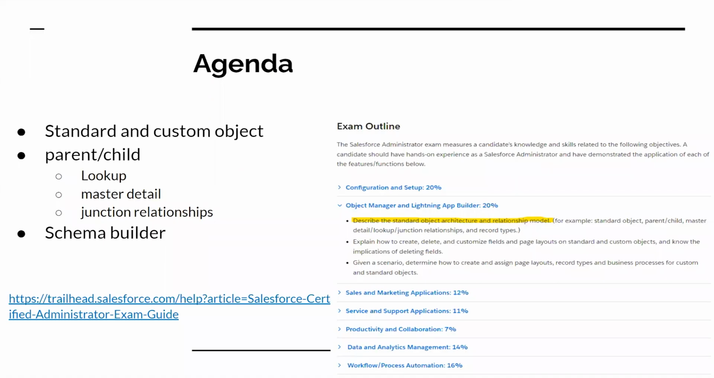So the agenda. Admin is obviously quite a large topic, and there are a lot of things going on. I've got the exam outline here from Trailhead, with this link for you. Hopefully you're all familiar with this if you're looking to sit the exam. Today we're looking inside the Object Manager and Lightning, which is 20% of the whole exam. It's a big chunk, but we're really just focusing on this first dot point: the standard object architecture and relationship model is the main goal. We're not covering everything else in there, just trying to drill down and make this a little bit more